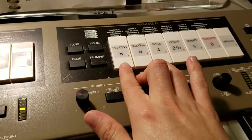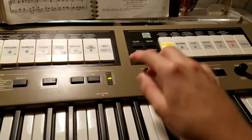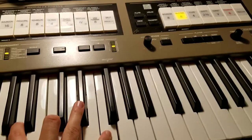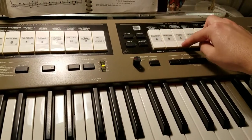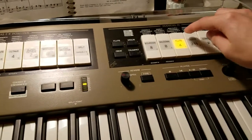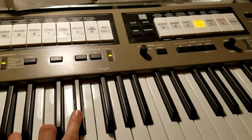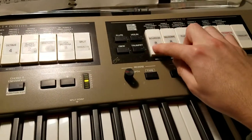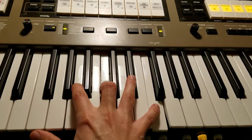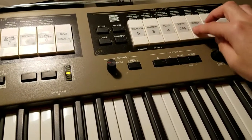So moving on to manual 2, we have the Bourdon 8-foot. Kind of sounds similar to the Rohrflute. Then the Salicional. And then we have the 4-foot flute, soft 4-foot. Then we have our mutation stops, the 2 2/3. This is what it sounds like with the principals on here. And then turn those off. And then the cornet